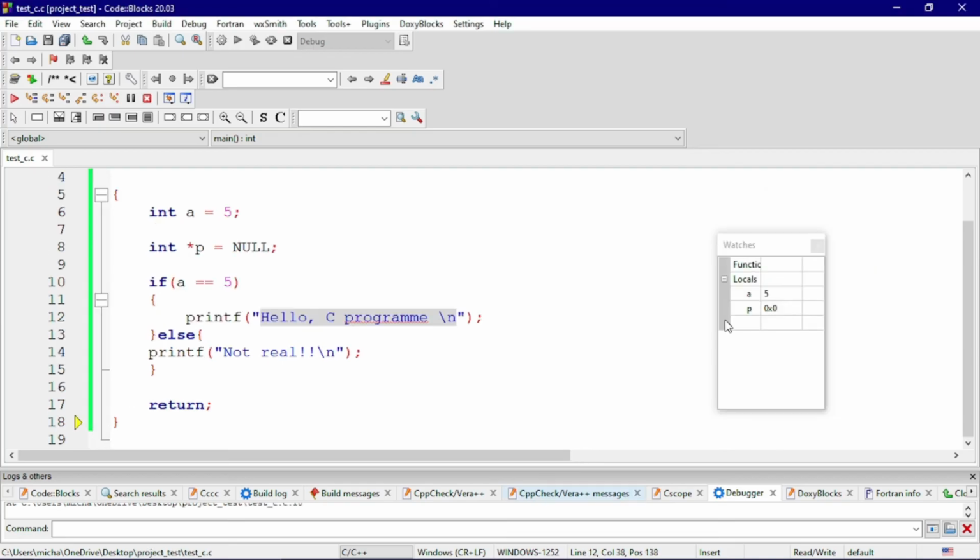So this is actually the major aspect of debugging in C. You can use the same approach to debug in C++. The debugger in CodeBlocks is mostly used in this kind of aspect. With this, we are at the end of this video.